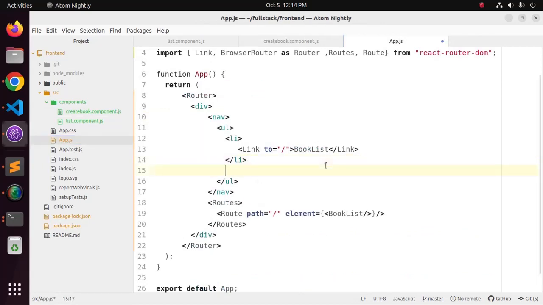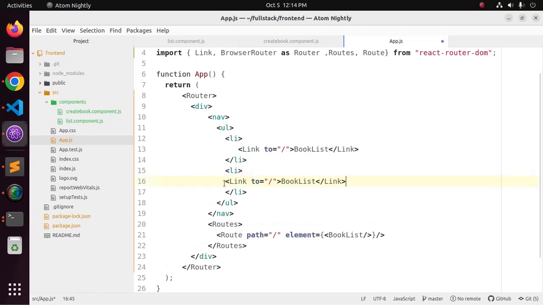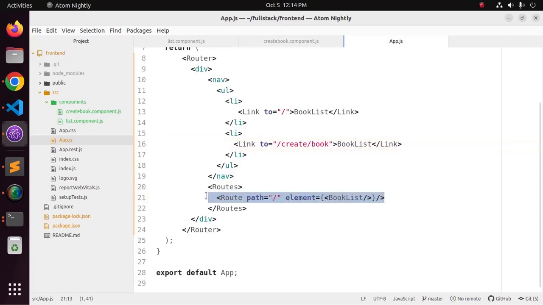At first, add link in navigation bar. Now add the route here,